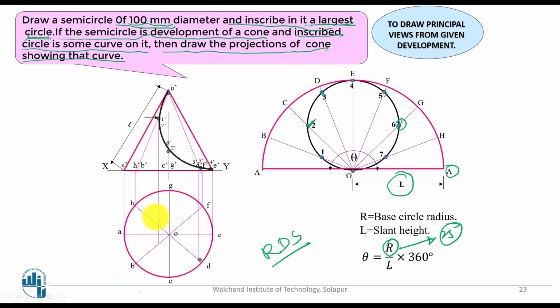This is 1 and 7. 1 is here and 7 is here. This is the 1 point and this is the 7 point. Similarly, you are going with this one as 2 and 6. You have brought it on this one because OA is a true length. As OA is parallel with the XY line, that is the reason this is a true length. And this one you can transfer only on the end line. That is a true length. Otherwise, you cannot transfer this point on this one.